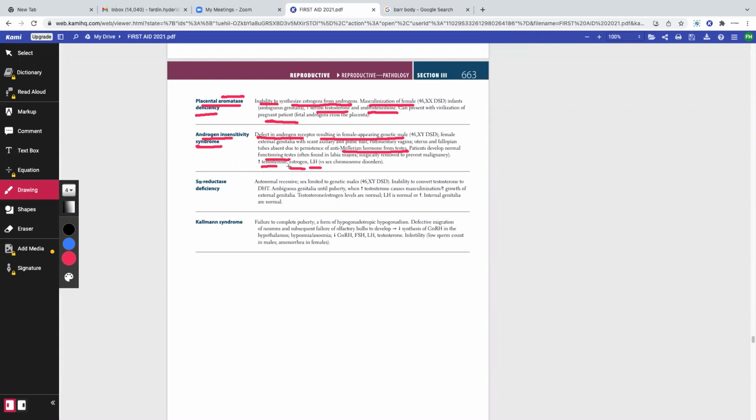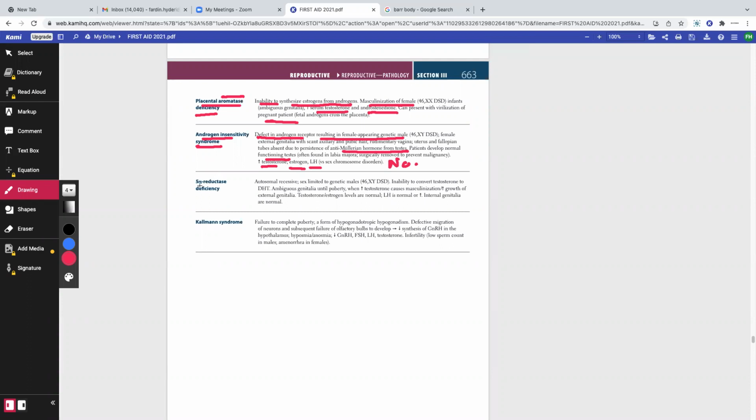This testosterone that is produced by these androgen insensitivity syndrome patients, will it be able to cause virilization in these patients? Yes or no? This testosterone, can it cause virilization? The answer is absolutely not. Why? Because the receptors are not functioning. So it does not matter how much testosterone you give to the patient. Since they do not have a functioning androgen receptor, they will not undergo virilization. Since they do not undergo virilization, their external genitalia appear as female external genitalia.